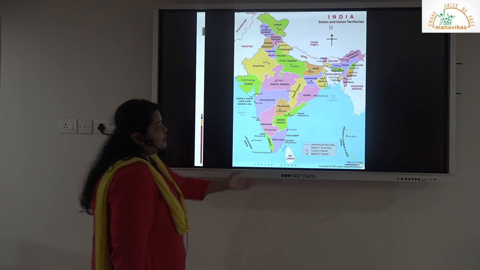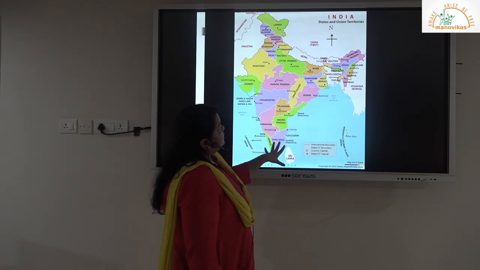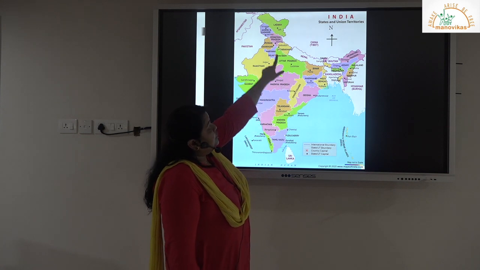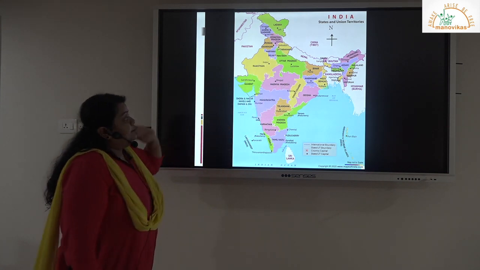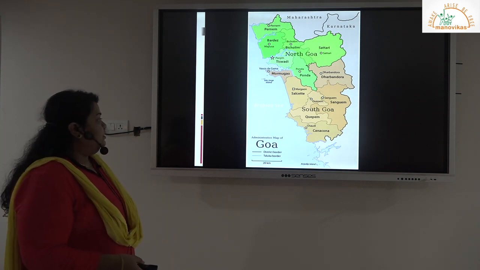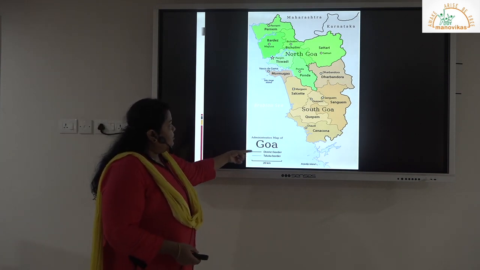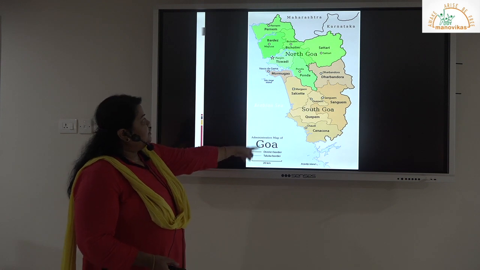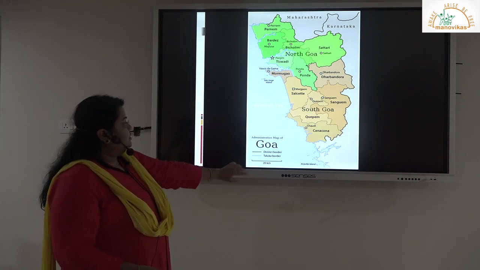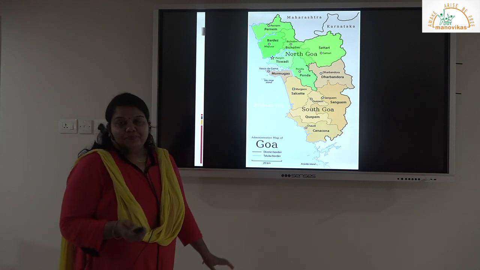Here also you can check there is a legend. You can see the color scheme. Different colors are used for different political divisions. You can see the north point. You can see the title. You can see the labeling. Another map, of Goa, just for you to understand. You have a title of the map. This is showing the districts, North Goa and South Goa. 2 colors are used to show the districts. The scale is given as well.